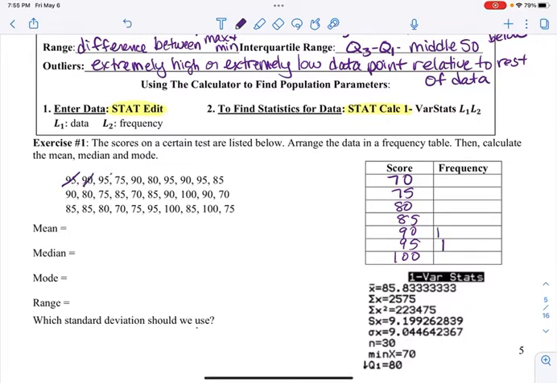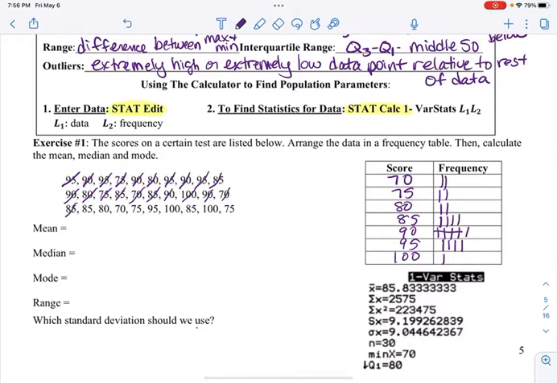90, 95 again, 75, 90, 80, 95, 90, 95, 85, 90, 80, 75. If you go through them one by one, then you won't miss any. 85, 70, 85, 90. Now the fifth one, I put a line like this so that I can easily count. 100, 90, 70,